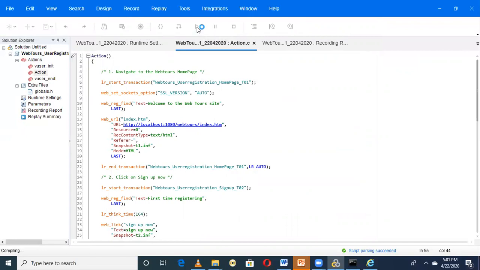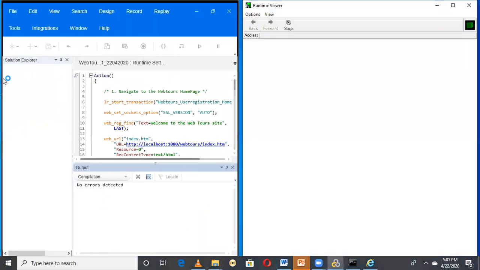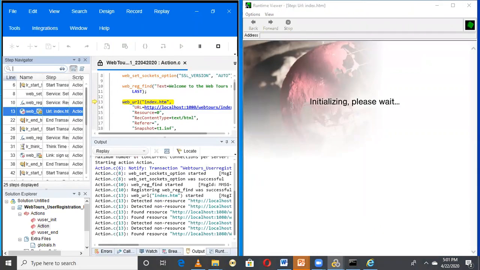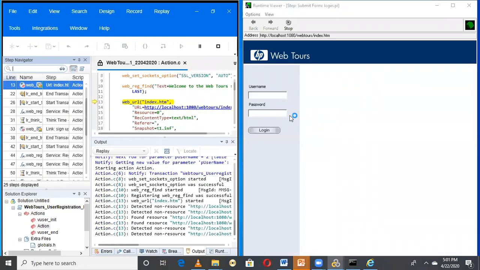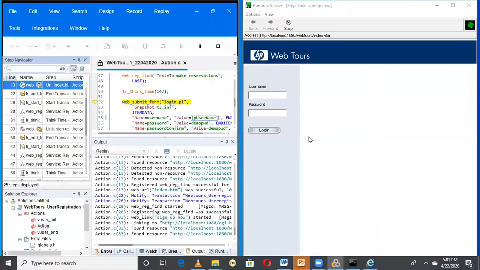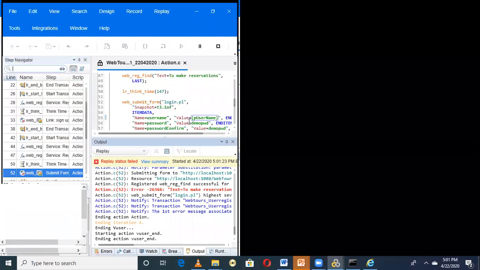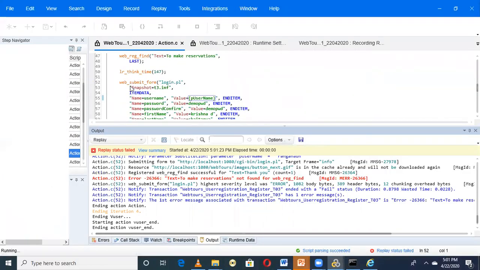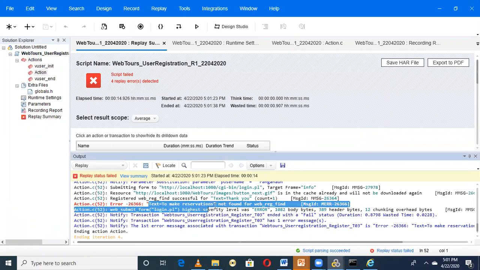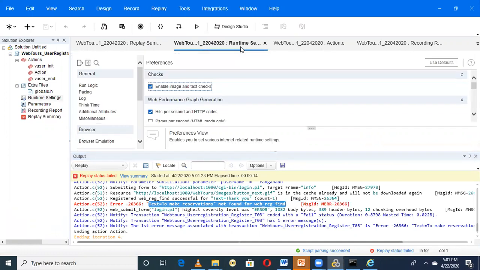If you click on replay, you can observe that this whole window is going to be shortened and a runtime viewer is going to start on the right side. The meaning of this runtime viewer is that while the process is running, we can see how the tabs are moving. As we have given 4 iterations, it went for 4 iterations and it has given some errors. What is that error? There is some WebRec find error, that is, a text check error. As of now, ignore this error.